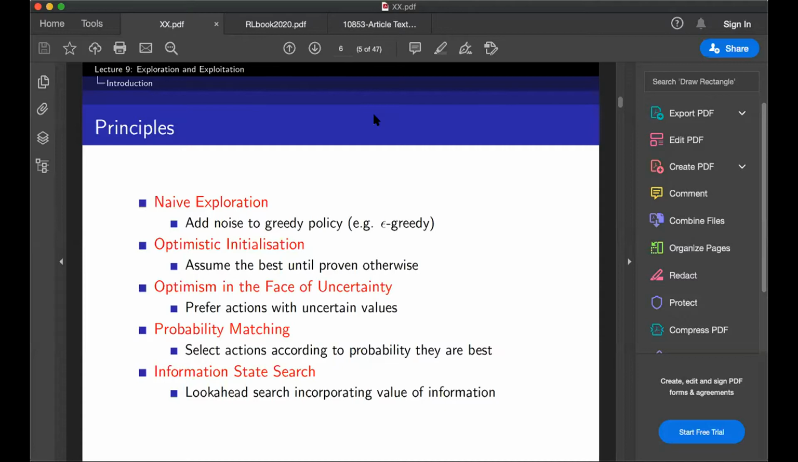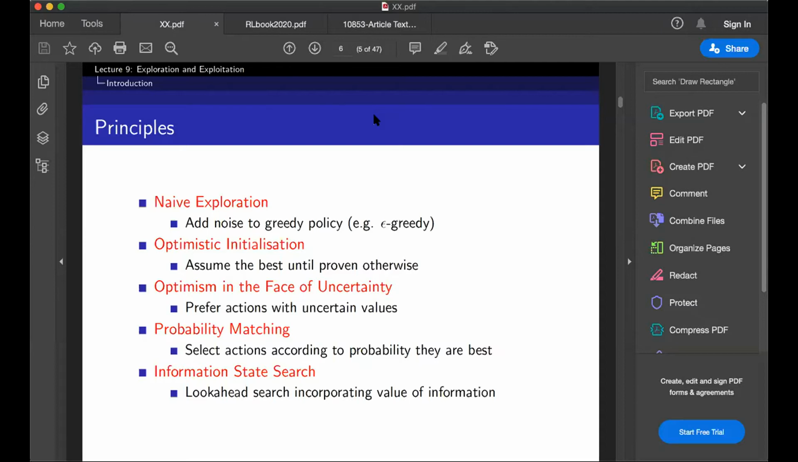So there are different ways of doing exploration. These are various different approaches. The naive exploration is what we've already seen in the past in this lecture series, where you just add noise to the greedy policy and do epsilon greedy. Especially when we were doing control, we were doing epsilon greedy throughout. I know that we're not going to spend a lot of time on MDPs, but take a look at this. All of this is